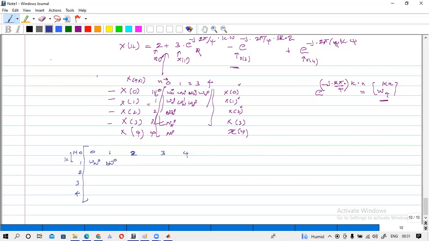I will not use this n; I will write this value also. 0 times anything is 0, and here also 0, this one also 0, this one will be 0. So you can see that. I just forget this 4 and use only this one. So here w k is equal to